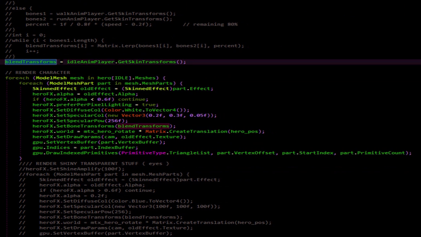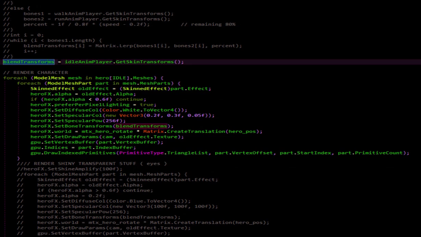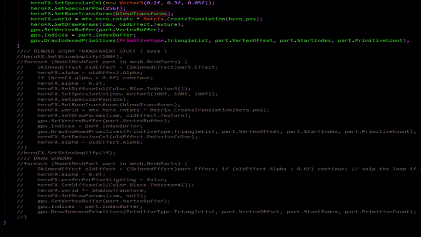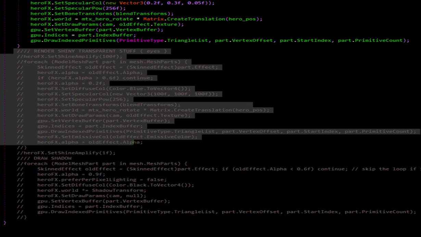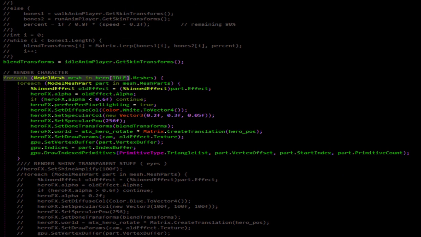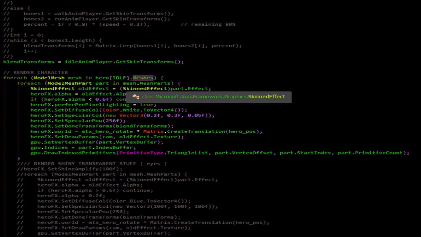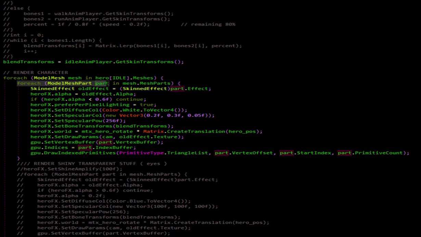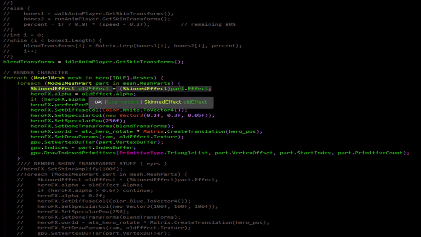Okay, so here I made quite a bit of changes to the render character here. This is just the shadow code and the code for drawing the eyes, which is a little bit different. I got it commented out for now. So for each model mesh in hero idle.meshes, our base mesh is going to be idle. That's the one that's going to need to contain all our geometry for sure. And so everything's going to be based on that. And then for each model mesh part, so instead of going through the effects, we're going through the parts instead. For each model mesh part in mesh.mesh parts, we grab the effect that's associated with it,